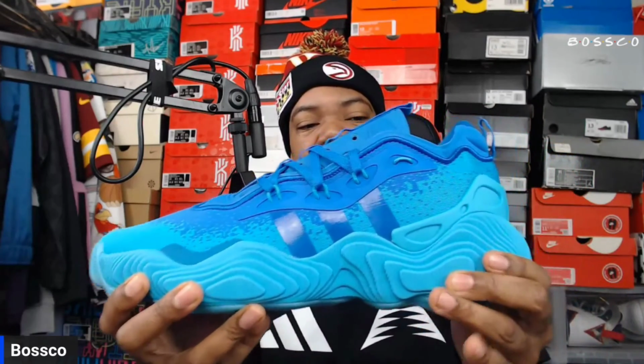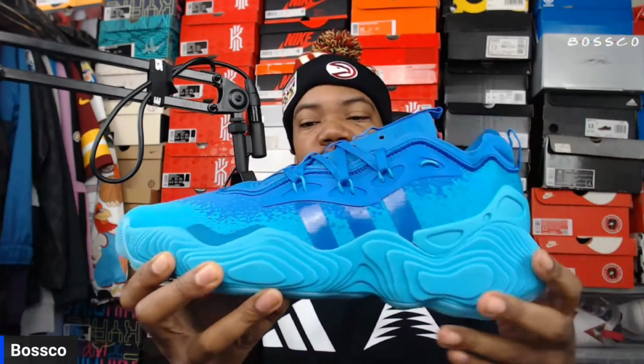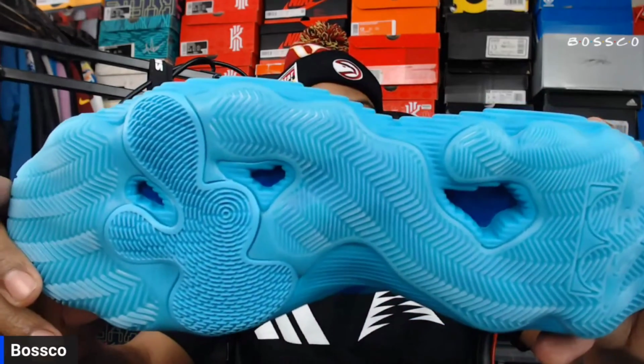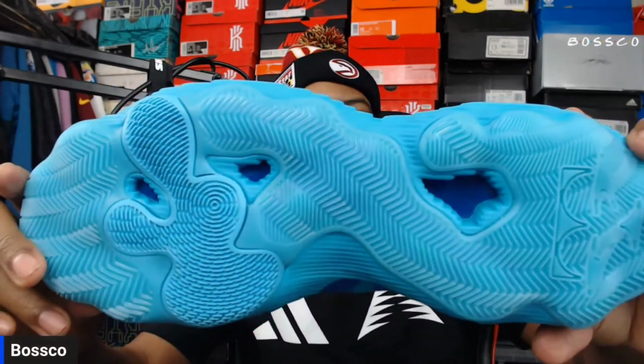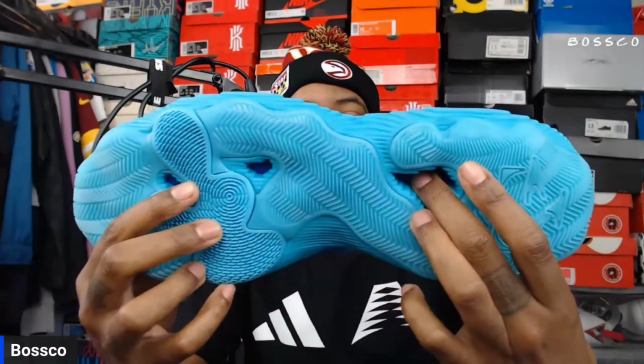The midsole gives away there is definitely some good cushioning there, that it could be Lightstrike or Boost. It's kind of closed off so you can't see through it. There are some holes here, but I don't really know what those break down for because you can't see any tech. There is some fabric right there too, just to maybe give the outsole a little bit more